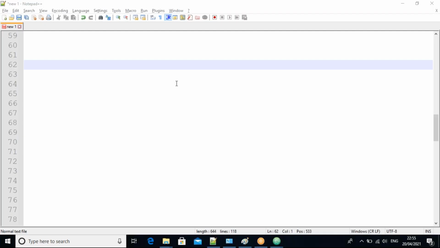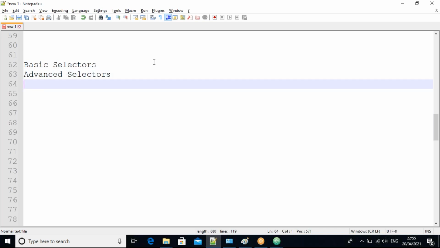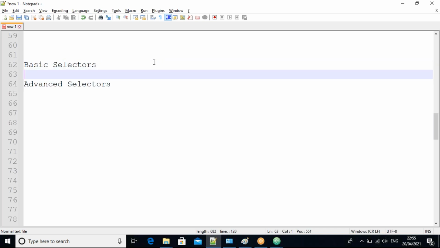Yes, guys. In the previous class, we discussed selectors. We have two types: basic selectors and advanced selectors. For the basic selectors, we have given three names.